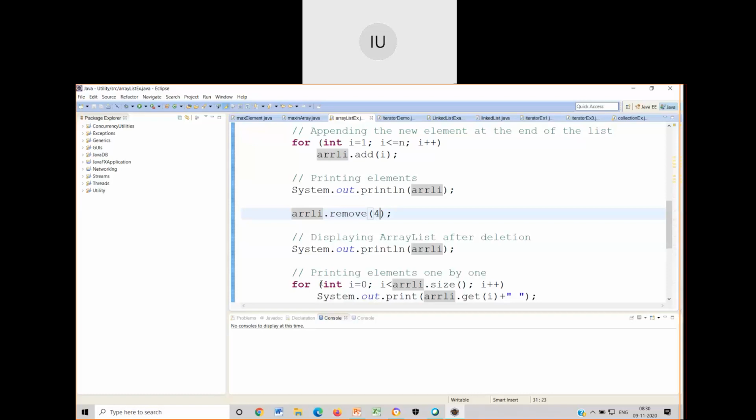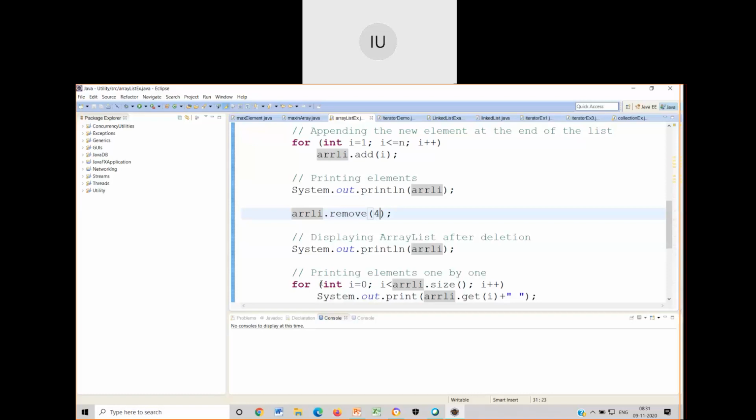Imagine the situation in a C program. Whenever you want to remove an element in between, there were so many complex procedures. Imagine it was a double-ended list or a doubly linked list. You just have to make sure that you are setting 4 different pointers in such a manner that they are pointing to the proper position. All those things are taken care of by Java automatically. You are not writing a single line of code for that. By calling the remove function, that element gets removed and the other linkings are done automatically.